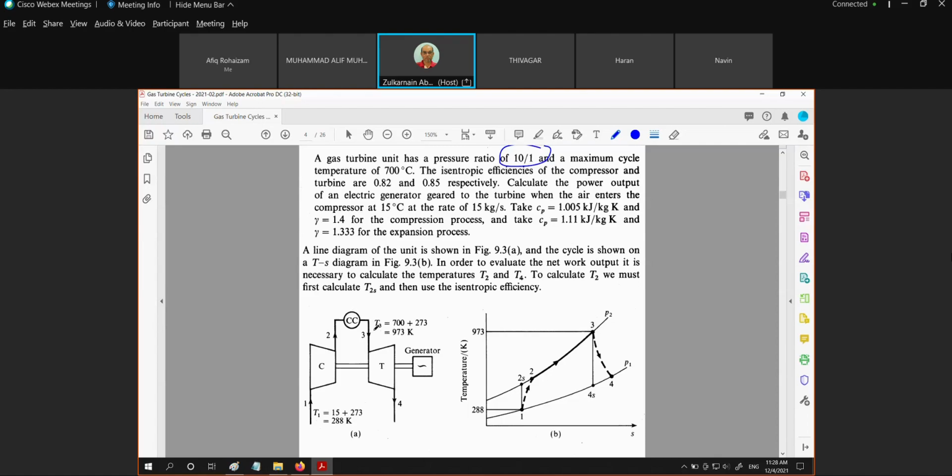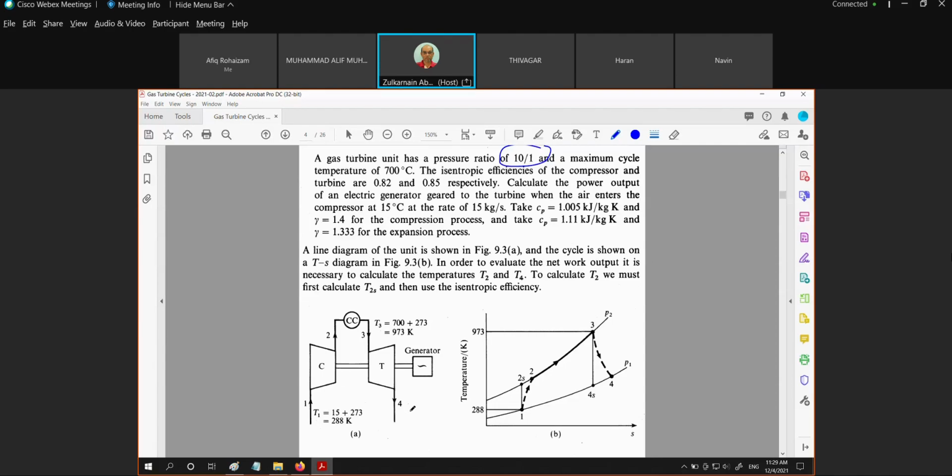Then coming out from the combustion chamber as the exhaust gas or the combustion gases at the temperature of 700 degrees C. Then we are going to expand in the turbine, then exhaust at state 4,